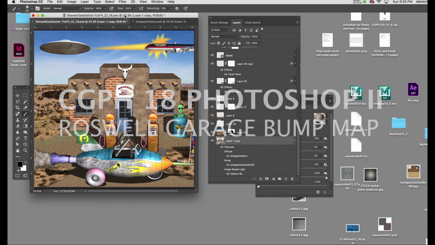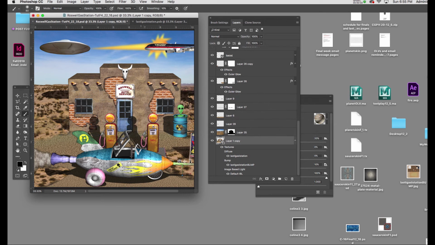This is a quick tutorial that's going to cover adding a bump texture to the Roswell garage in the background, and it'll eliminate a bit of the sharp edges of the geometry and make it a little bit more three-dimensional. I'm going to go to the layer with the garage, and I'm going to open up the texture